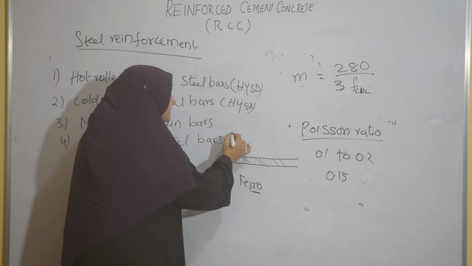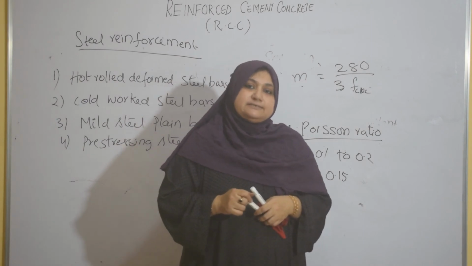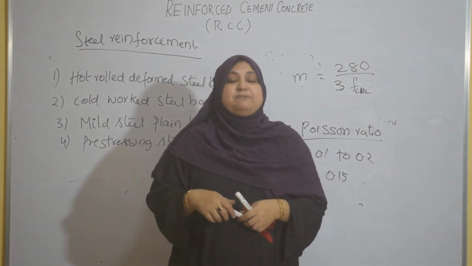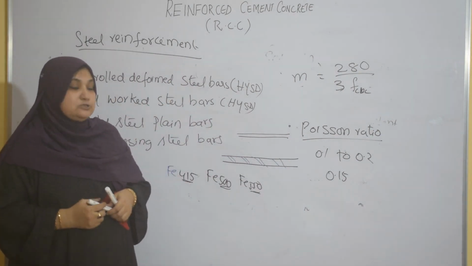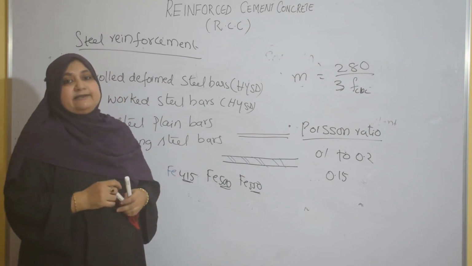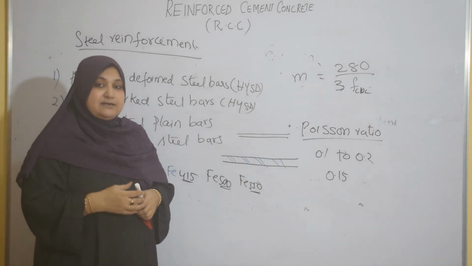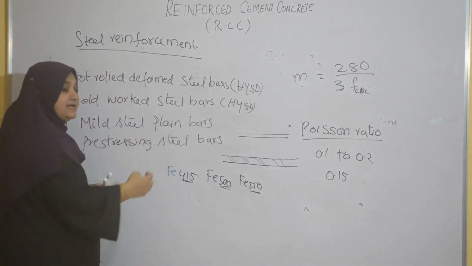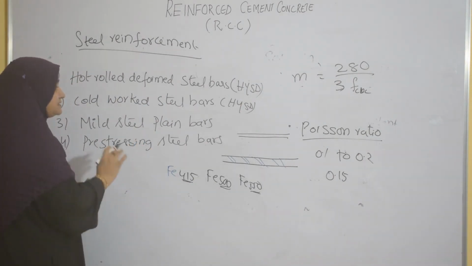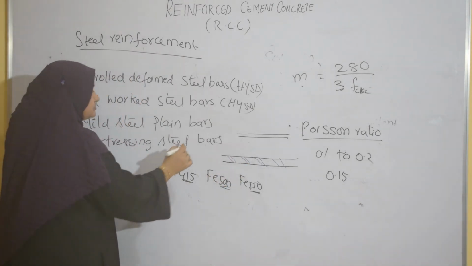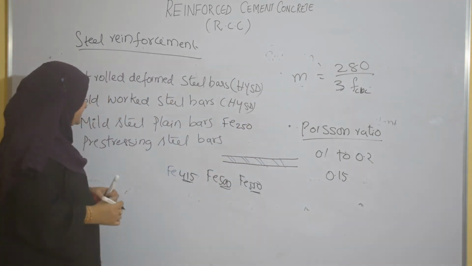Then mild steel plain bars. They are plain with no ribs on the surface. These bars are used for small projects which are not of much importance, and also as secondary reinforcement. We have two types of main reinforcement which we will learn in the design in the coming classes. So mild steel is used only as secondary reinforcement, and in projects that are not that important. Its strength is represented as Fe 250. Mild steel strength is 250 Newton per mm square.